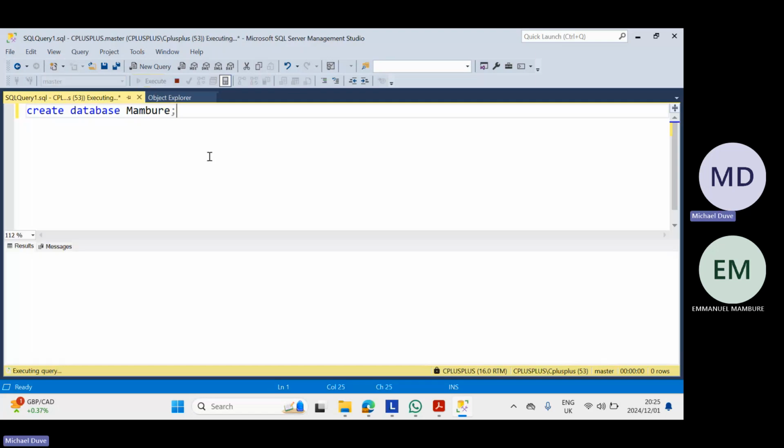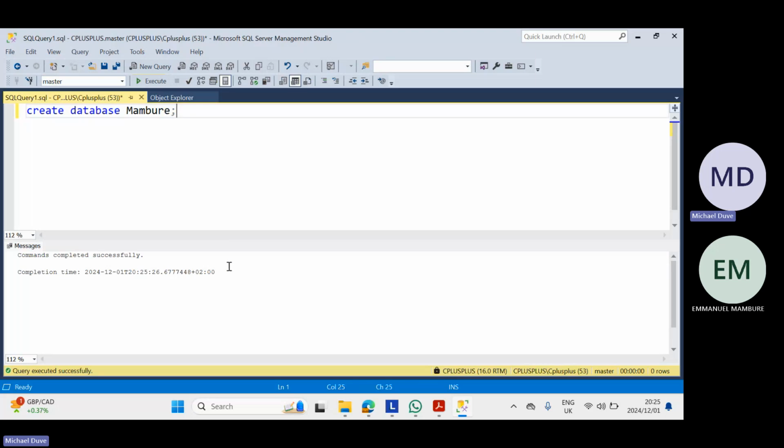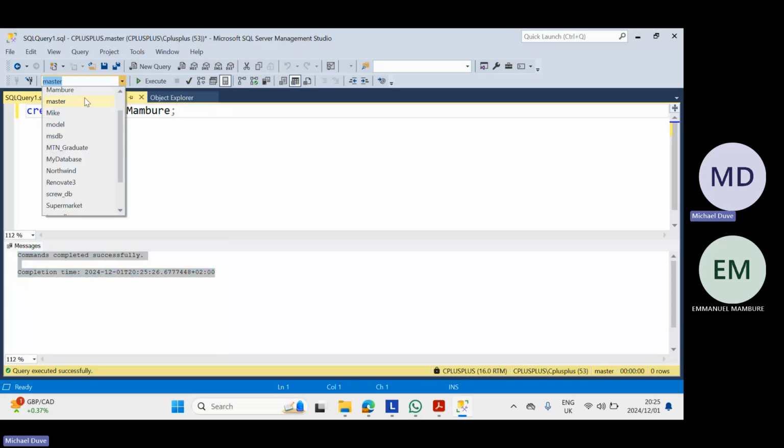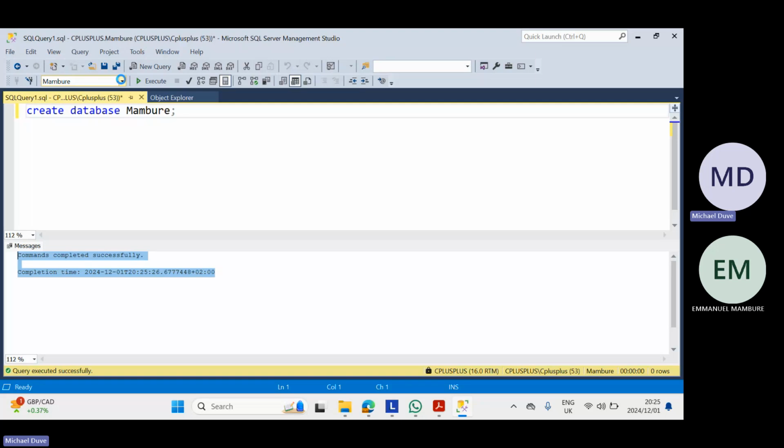Then we execute, right? It will say command completed successfully. And you can check here, right? Is Mambure there now? It has been created, right? So that's easier. Inside there, you can now create tables. You can create tables and column names, specifying the data types, right? Okay, so that is